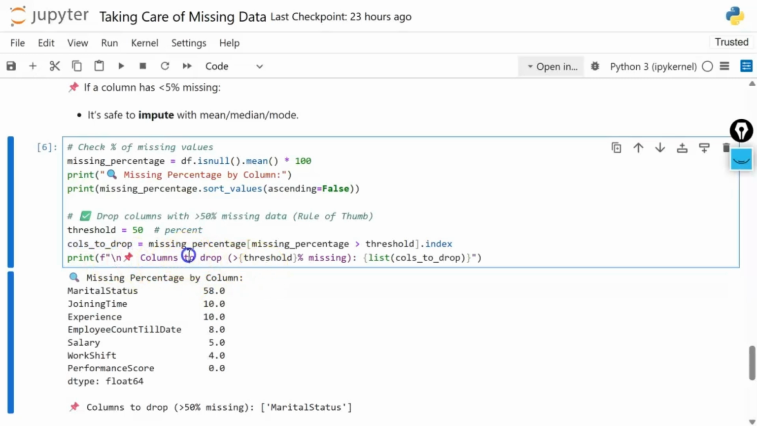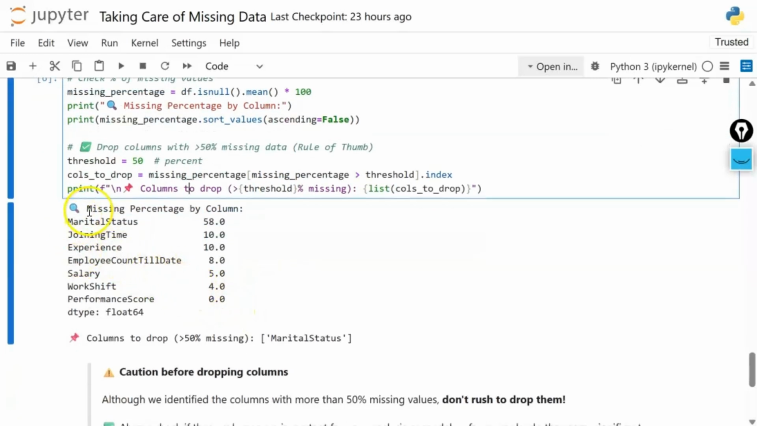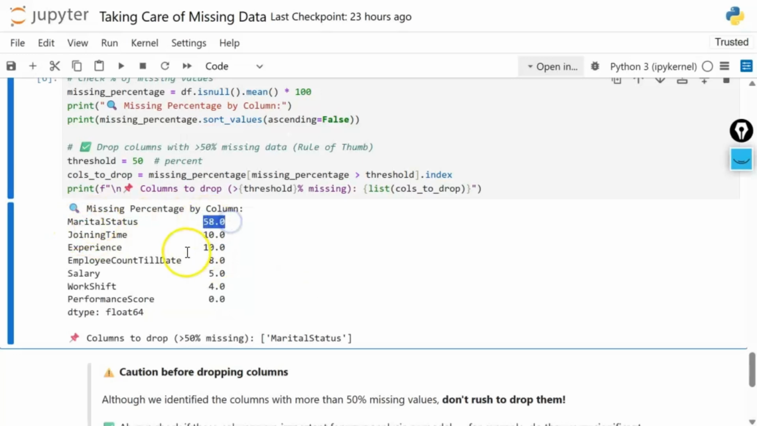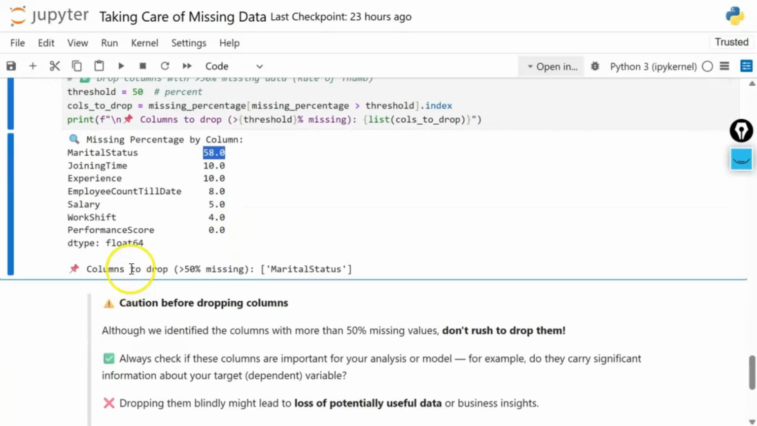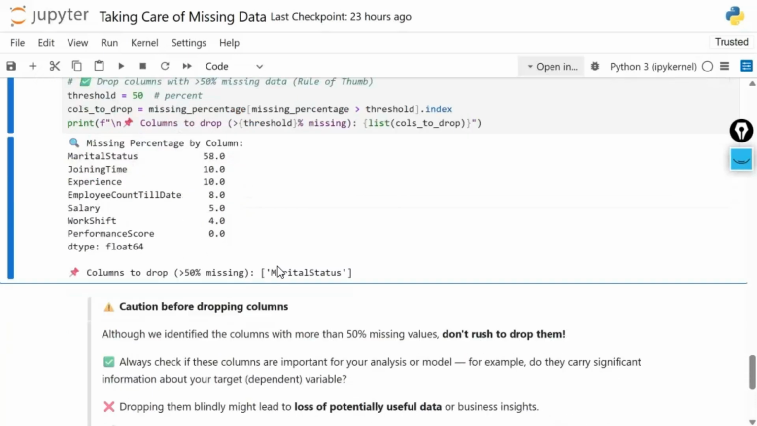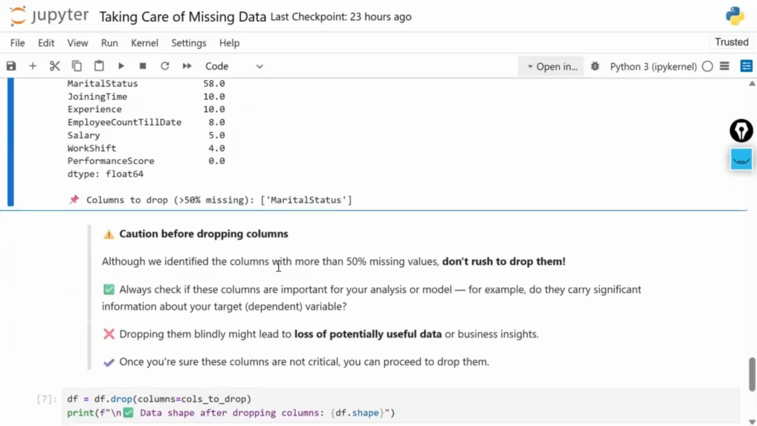I'm printing here missing percentage by column first. So you can see this is missing percentage. So marital status has 58%, which crosses our threshold of 50%. Joining time and all rest of the columns are having 10%, so not more than 50%. So our column to drop is marital status. So before deciding whether to drop this marital status column, we have to check whether this column